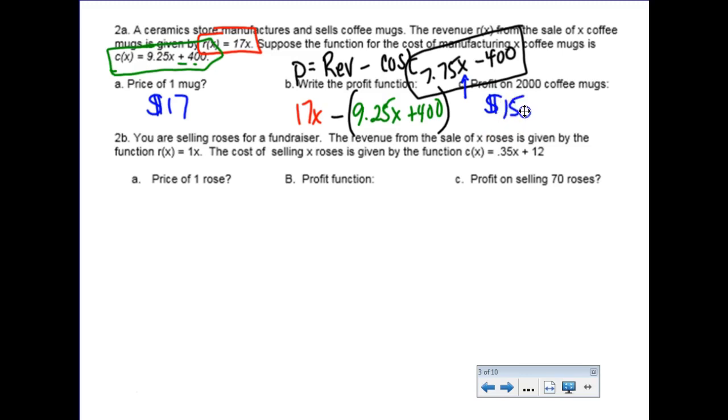15,000 and what? 100. All right. Big profit in selling coffee mugs. Should do that. All